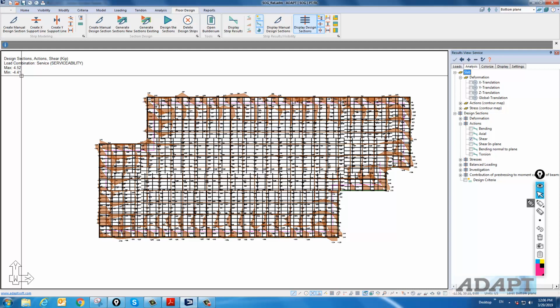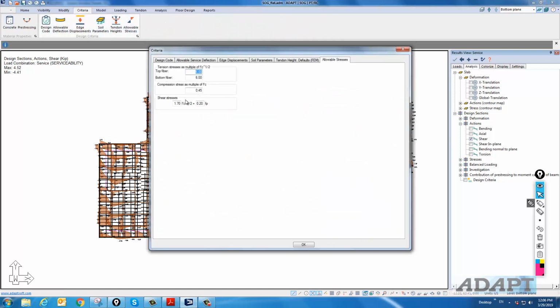And I divide that, I get a shear stress of 40 psi. Under the criteria allowable stresses, the shear stress is 1.7 square root f prime c plus 0.2 times precompression. So we'll calculate this. If I take 1.7 times the square root of 4,000, that's already 107 psi. I don't even need to worry about the part from precompression